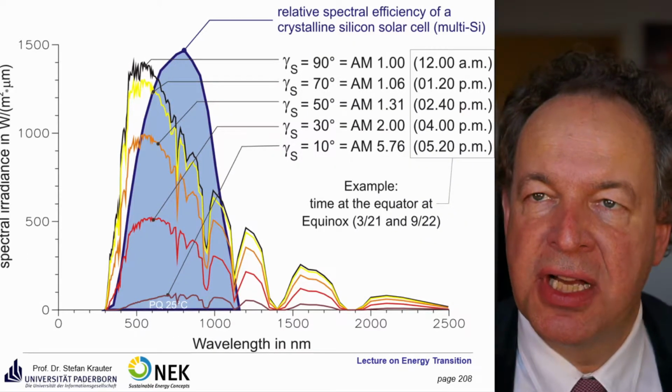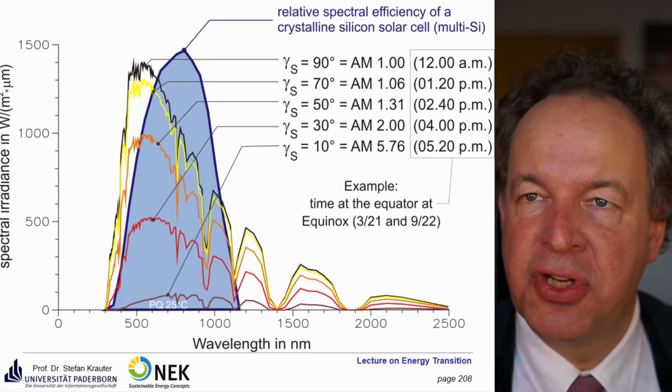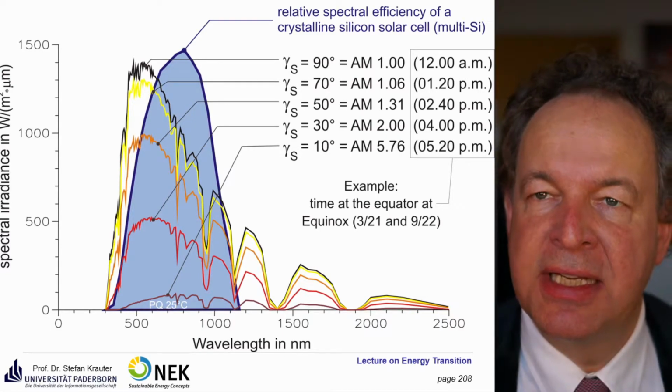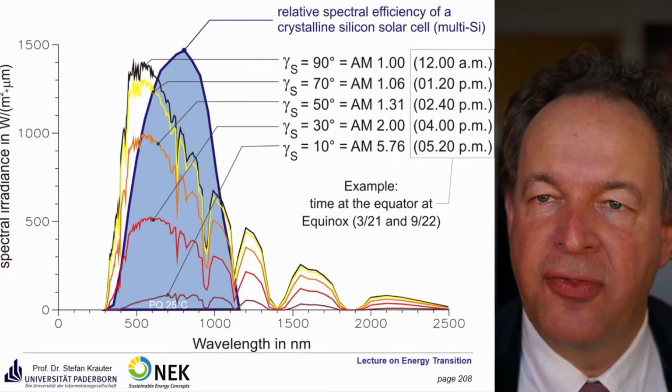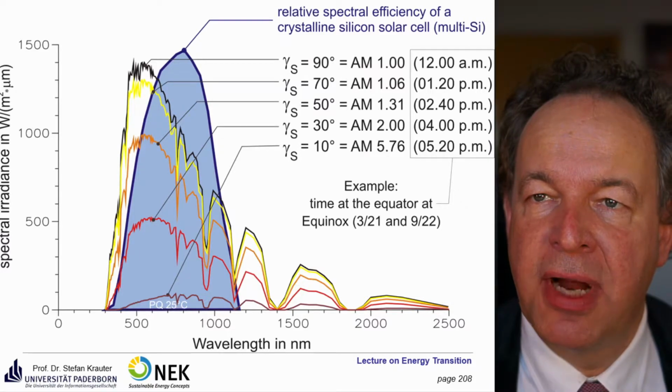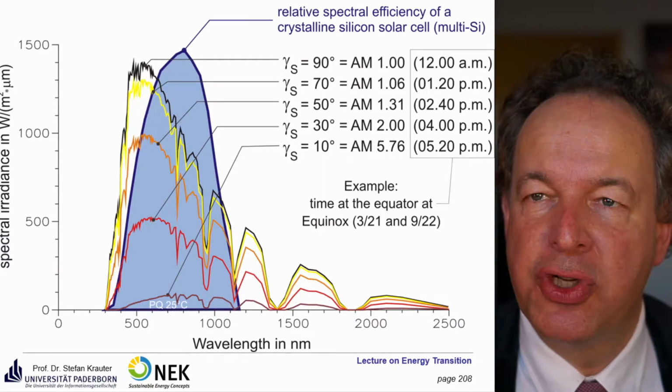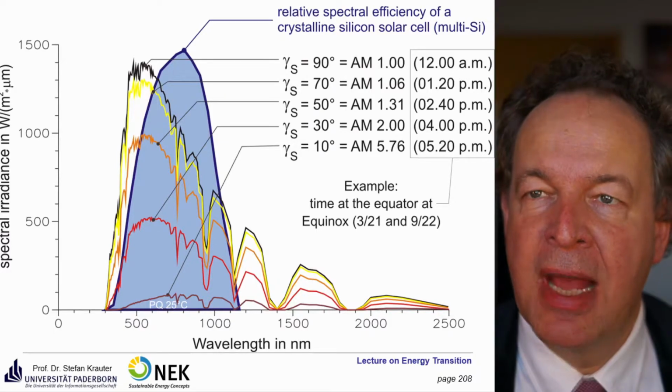Here you see the measured relative spectral efficiency of a solar cell and the corresponding spectra of the sun. So as you already heard in one of the first lectures, this is the spectrum at different air masses or different times of the day. This is at the equator, at equinox, that means the 21st of March or the 21st or 22nd of September. At midday,